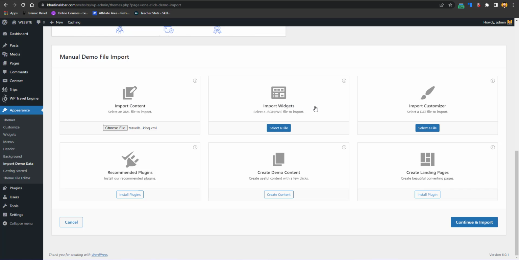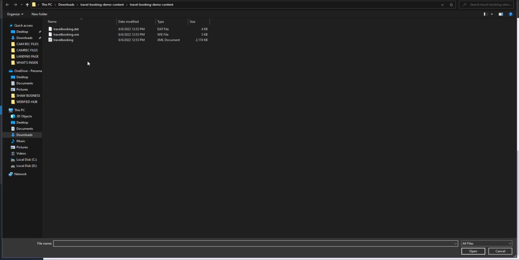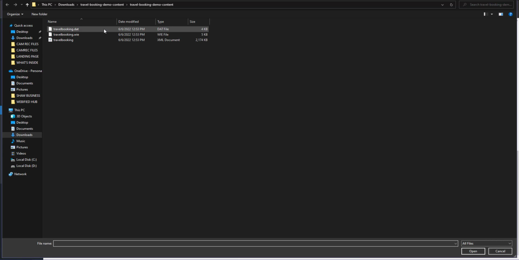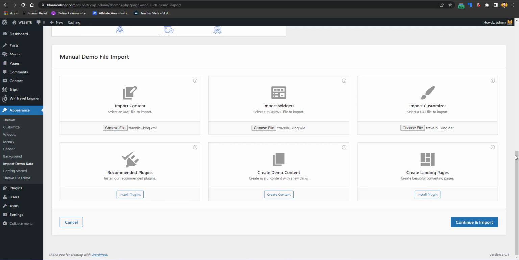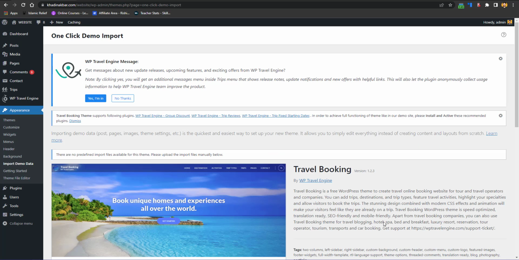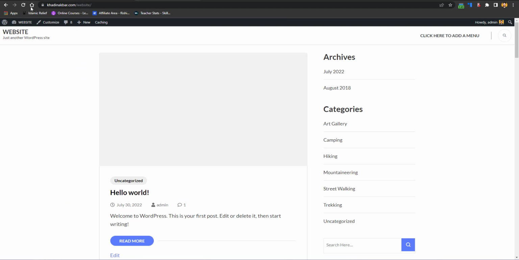Then the widgets file would be in JSON or WIE. So again click on select file, and here you can see the WIE file, so just select it, and then import customizer is in a DAT file, DAT data file. So just select this one, okay, and then just click on continue and import. So here you go, demo content is getting imported. So here you go, our demo has been imported successfully, and now we'll just reload our website,